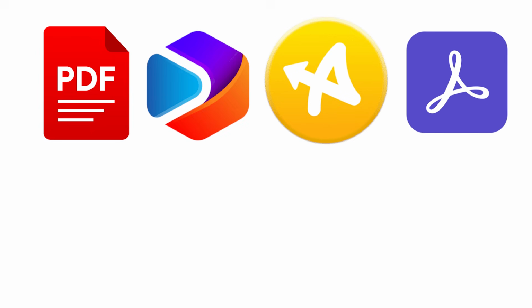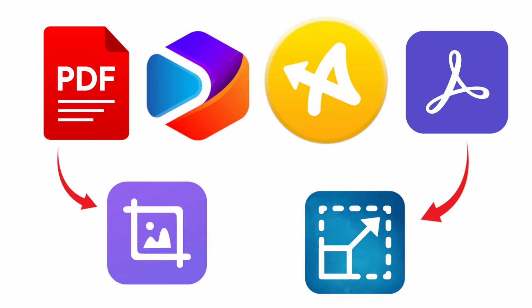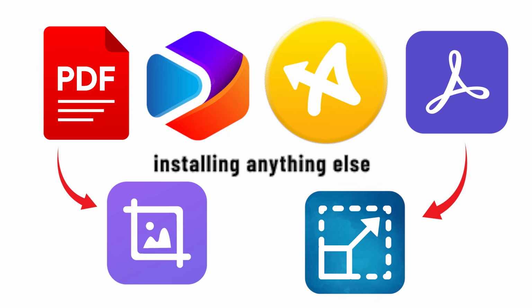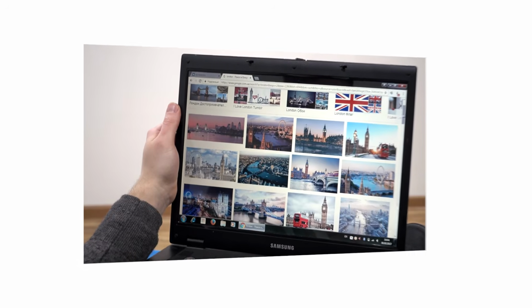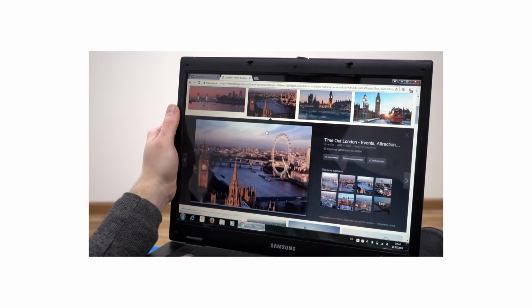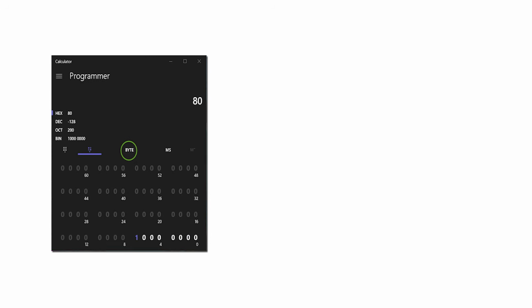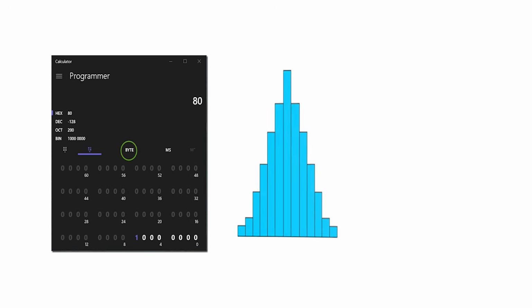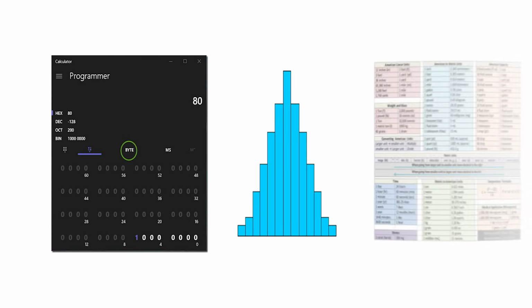The quality of default apps varies dramatically. macOS Preview, as an example, is one of the most underrated pieces of software on any platform. It opens PDFs and images, and can annotate, sign, crop, and resize without installing anything else. The Windows equivalent, Photos, is widely considered slower and less capable. On the other hand, Windows Calculator has a programmer mode, a graphing mode, and unit conversion that most people never